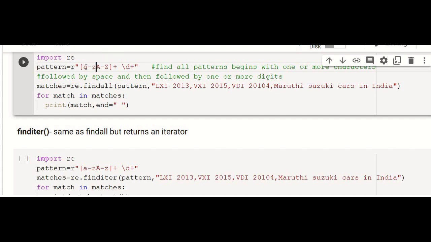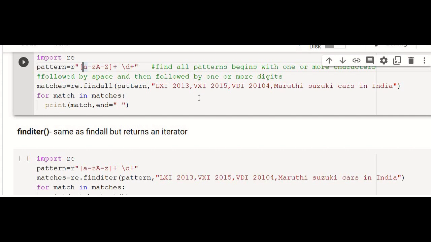So a to z represents the lowercase alphabets, and capital A to capital Z includes the uppercase alphabets. Within the square bracket, you can give lowercase or uppercase alphabets, followed by plus.